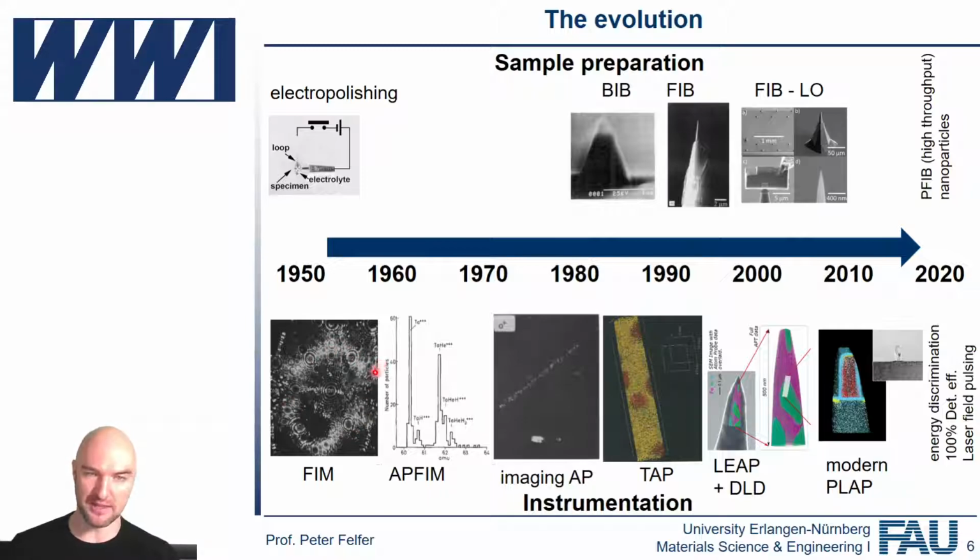But already at that time, people observed, okay, there are atoms coming off from the sample itself as well, and essentially you even need that to have a clean surface to look at. And so the question was how to catch those atoms and how to identify them. And the answer came in the late 60s. In the late 60s, you had something called the atom probe field ion microscope, where the technique was to have a